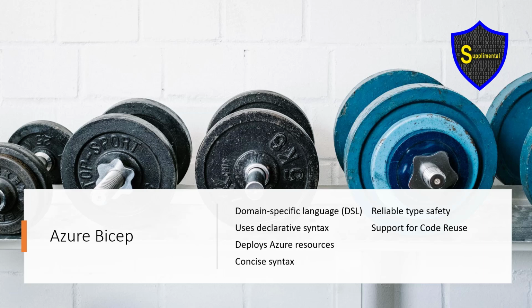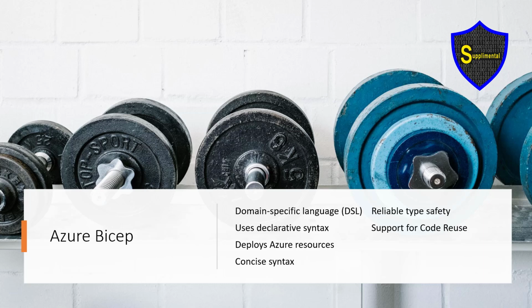Azure Bicep is a domain-specific language, DSL, that uses a declarative syntax to deploy Azure resources. It provides concise syntax, reliable type safety, and support for code reuse. This statement means that Azure Bicep is a specific language designed to deploy Azure resources. It utilizes a declarative syntax, meaning that users can describe the desired state of the resources without specifying the step-by-step